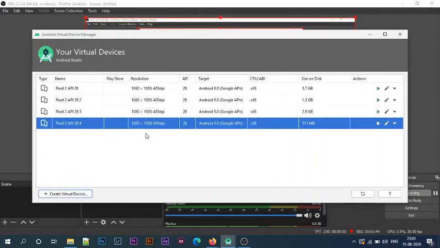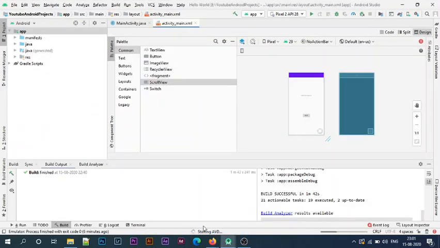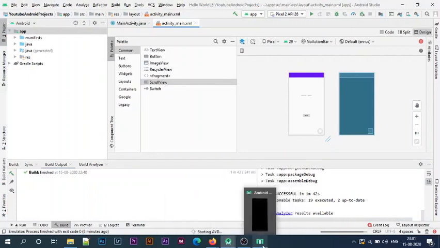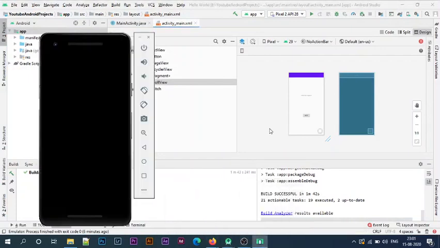You can see that this is the device which I have created right now. This is the name, Pixel 2 API 28, and now I will click on the launch this AVD in the emulator option. You can see that the AVD is being launched.